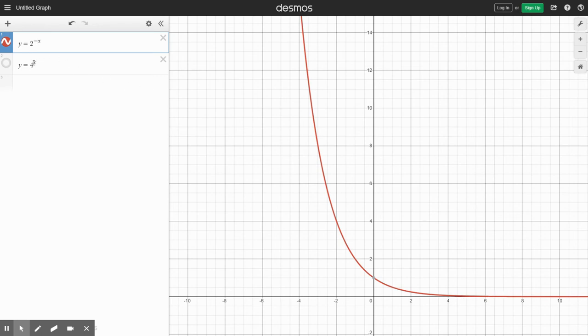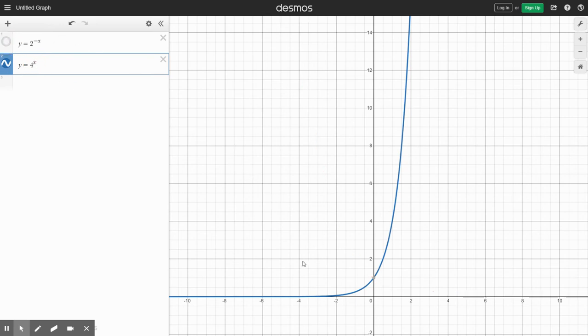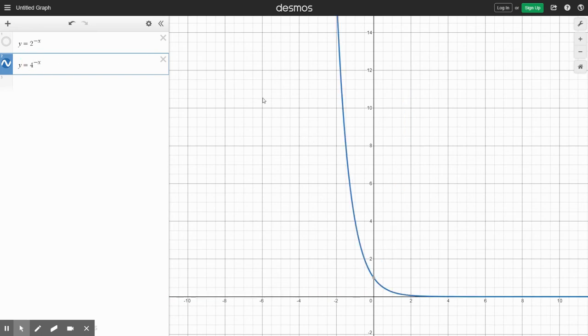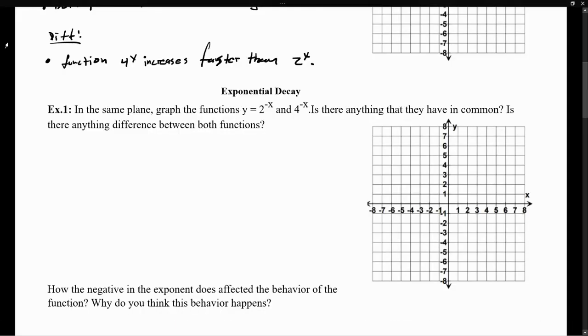And the same goes with x. So let's change this 4 to the x. Notice that for the positive x, it's an increasing function. If we change that to a negative, notice that it becomes a decreasing function now. So now that we have established that idea, let's go back to the lesson and let's answer the question, what